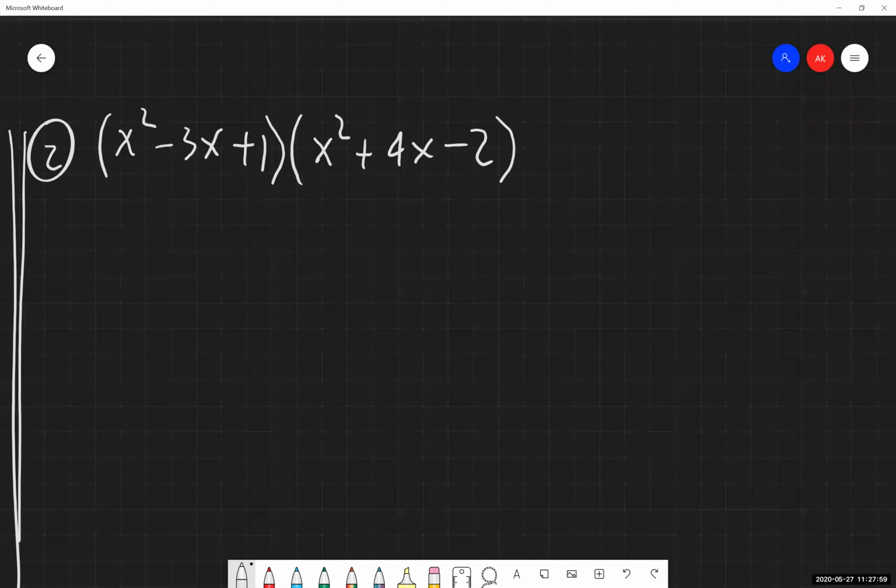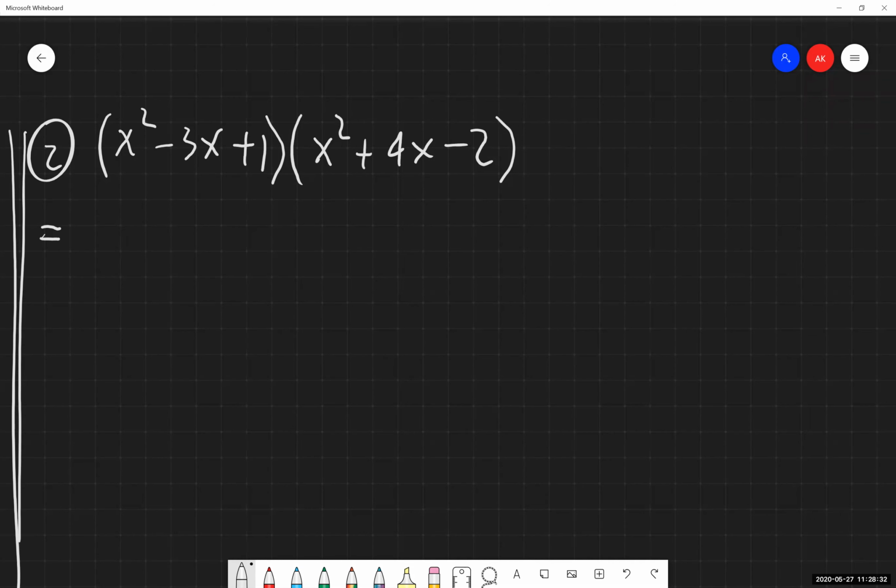And if it wasn't abundantly clear from the last example, we are going to have a lot of things written out here. A lot of things are distributing, a lot of things are going to be multiplying, a lot of things are going to be adding or subtracting together. So I'm hoping before I go through this, the point has been hit home that you absolutely want to keep your work organized as you are going through these. If it didn't hit home last time, I'm really hoping it will with this one, because yeah, this is going to get gross. But again, we have a process that we're just going to follow.